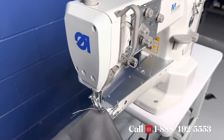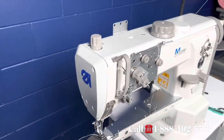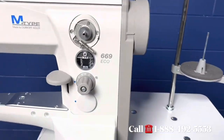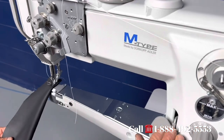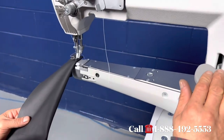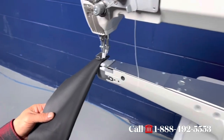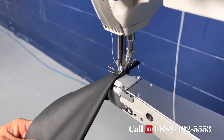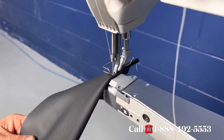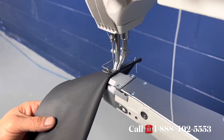Today we'll be looking at the Durkopp M-Type 669 Echo. It's set up with a speed reducer, and it's got a really small cylinder, and it's ideal for small bags and very high-end leather work. Because of the circumference, it gives you the ability to get into small areas